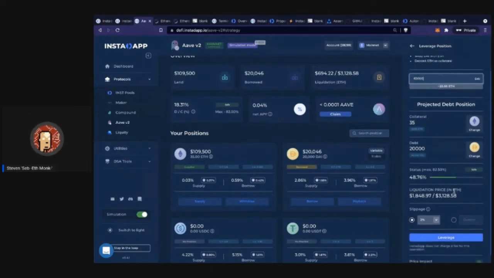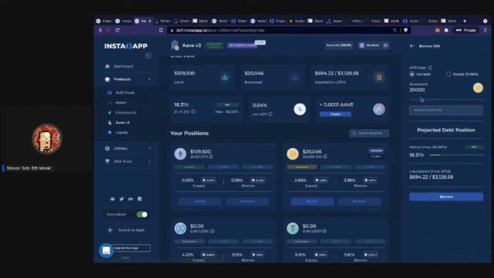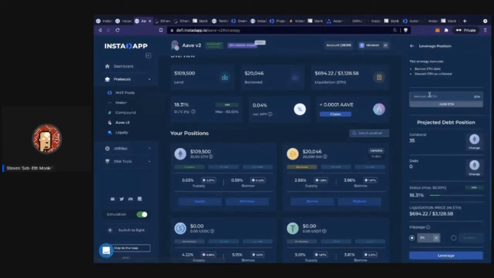Now, a few things to notice: if I tried to borrow 65,000, let's just see, if I tried to do that, my position would actually be very risky. And let's go all the way to, let's say, 75. Here, I actually can't even do this because the position will liquidate. But if I try to borrow the 75,000 through the leverage strategy, you actually will be able to do it. So why? Oops, not 75,000 ETH, DAI. So here you'll be able to do it.